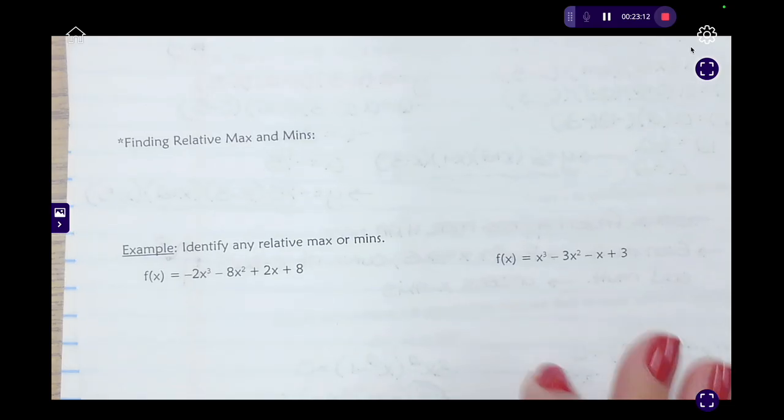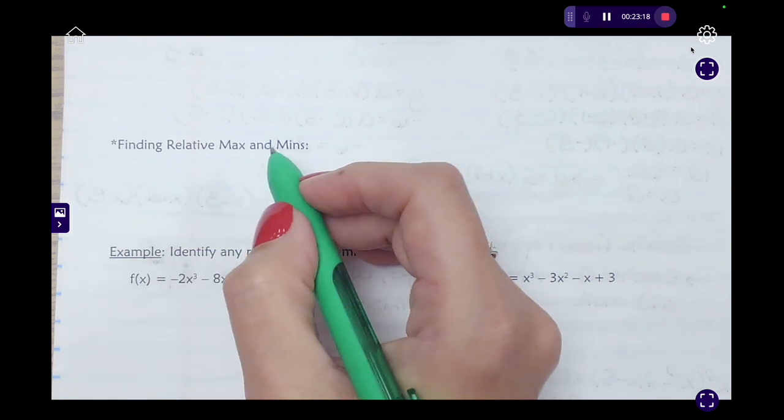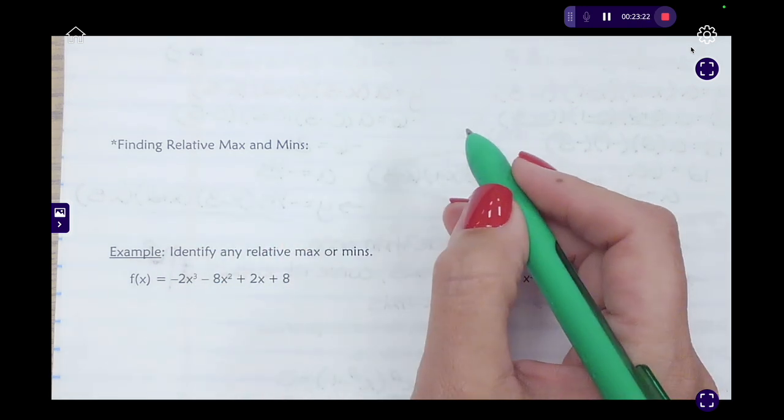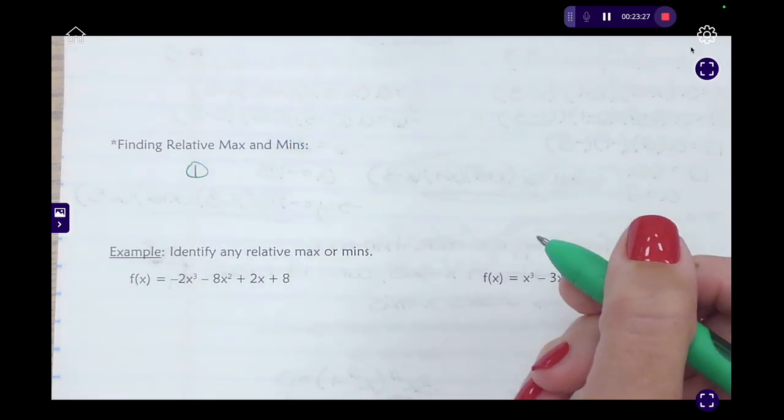So looking at this, we're going to find relative max and min. Relative max and min just means it's not the highest, it's just a high point, because with these polynomial graphs, remember, you have a lot of curves that are going in different directions. So we're going to do this in our calculator, and we're going to find those relative min